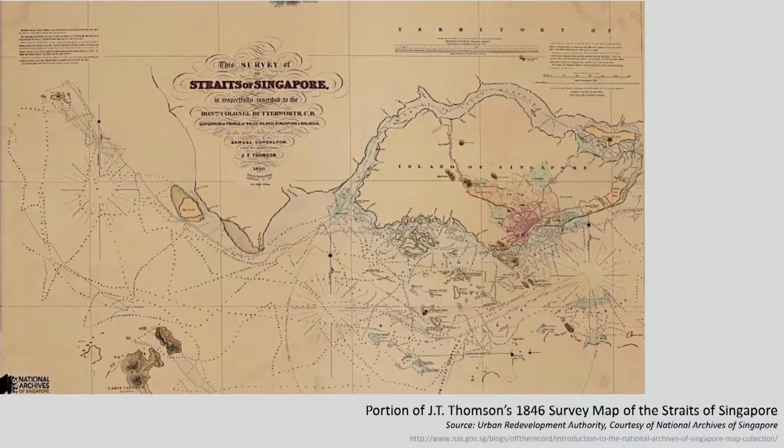What Johannes, my colleague, had done was to give you a framework for understanding modernism and modernist architecture in Southeast Asia. And what I would like to do is to look at modernism in Singapore as a way of responding to that question. Now, this is a map of Singapore done in a survey in 1846, and it shows Singapore in its strategic location within Southeast Asia at the tip of the Malay Peninsula with the Malacca Strait coming through.